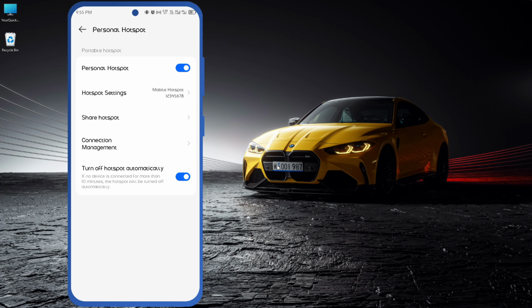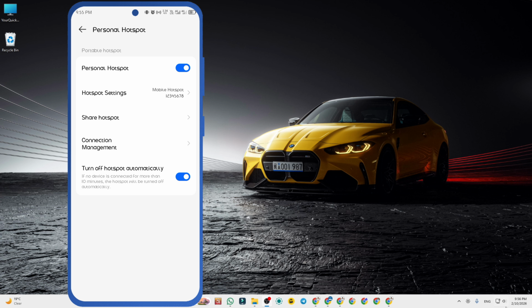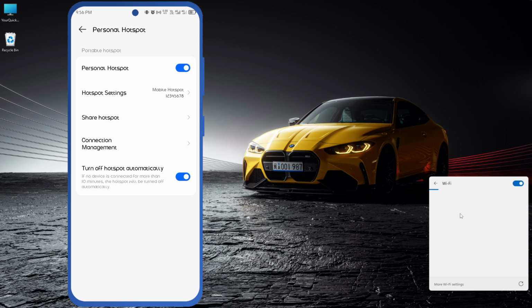Now go back to computer screen, click on this network icon and tap on Wi-Fi. Then you will see your mobile hotspot will appear here and click on it. Then click on connect button and add the password which is set on the mobile hotspot